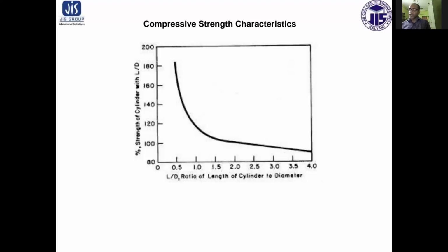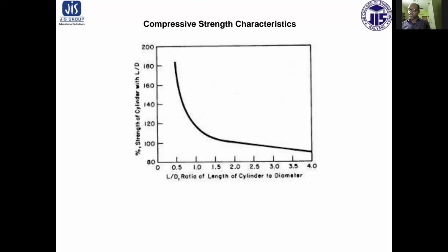The friction between the ends of the specimen and the heads of the testing machine prevents the deformation of the specimen uniformly throughout the length. This results in more lateral expansion in a certain region than in other regions, which gives a barrel-like shape to the specimen. So when friction appears and the L by D ratio is more than 2 to 2.5, this barrel-like shape occurs in the specimen.